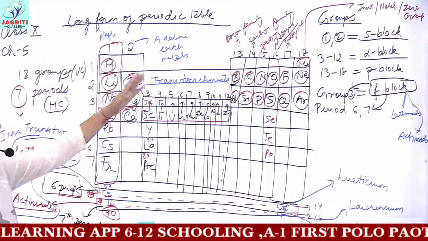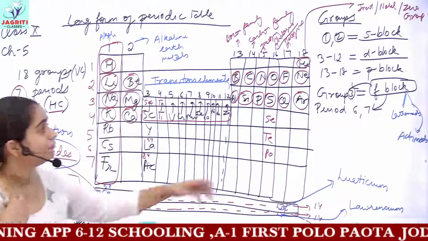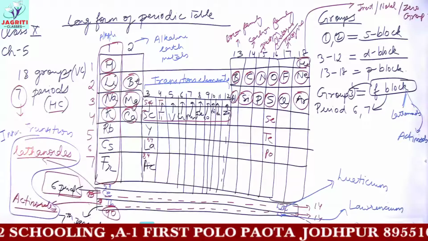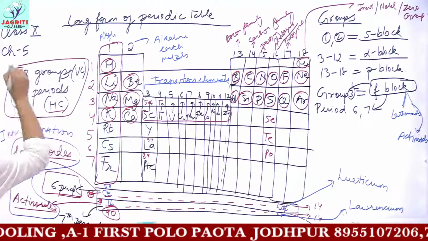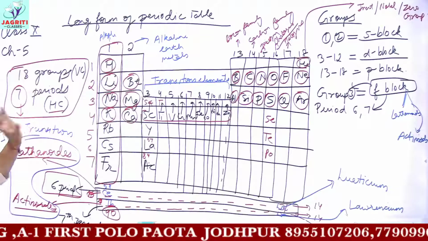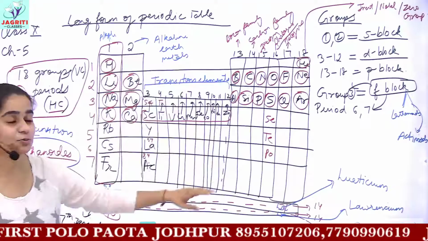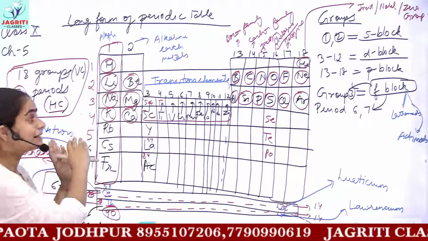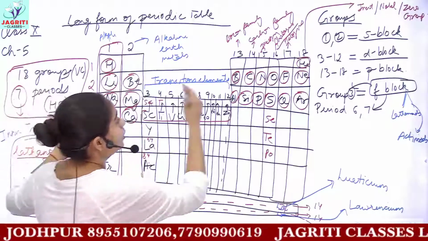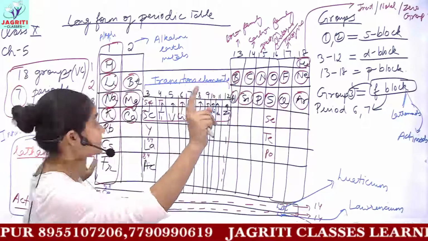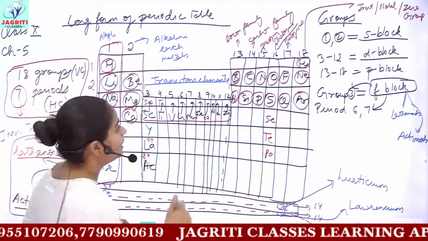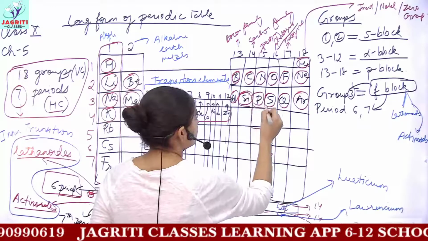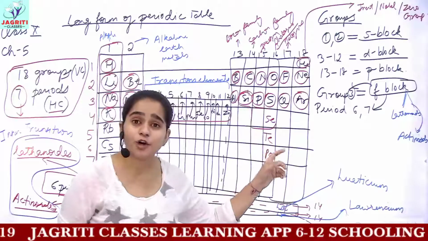So this is an account of your periodic table, the different blocks which come in the periodic table, and this F block I have already discussed. The modern periodic table contains 18 groups and 7 periods, and this is the arrangement of some of them. The elements coming on the left-hand side are metals, and on the right you have non-metals. Between these metals and non-metals, you have a zigzag line. The zigzag line is already drawn with different colors.